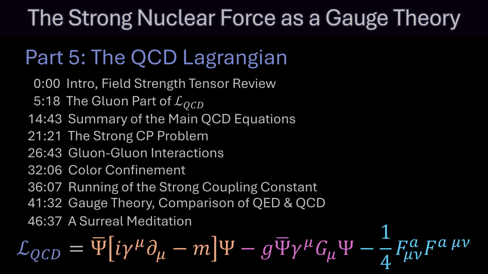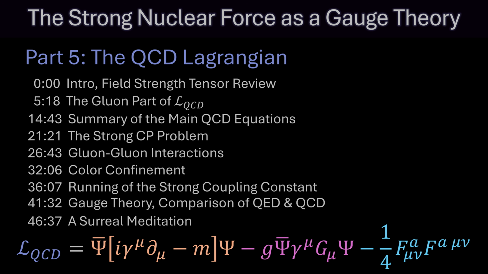Hey everyone! Today we're going to build on the concepts that we've been talking about in the last few videos, and we're going to put together the whole Lagrangian of quantum chromodynamics. And after that, we'll also briefly explore some related topics like the strong CP problem, gluon-gluon interactions, color confinement, and a comparison between the strong force and electromagnetism, which is also going to give us a good holistic understanding of gauge theories in general. Alright, well, let's pick up where we left off at the end of the last video,